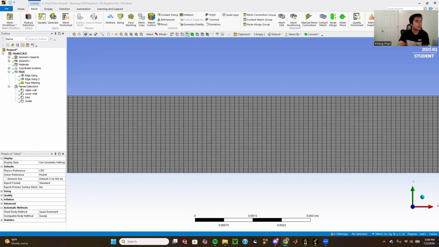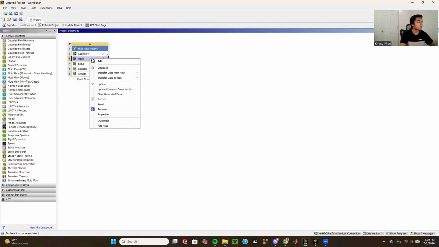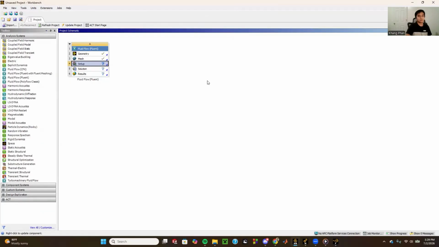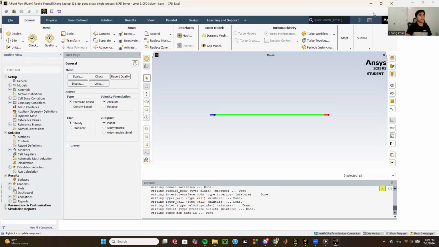Let's click A. Graph. Now I'm gonna go back to the workbench. Right click. Update. We got a green check mark, which is good. Now we are on the setup. And now I double click setup. After I get this,